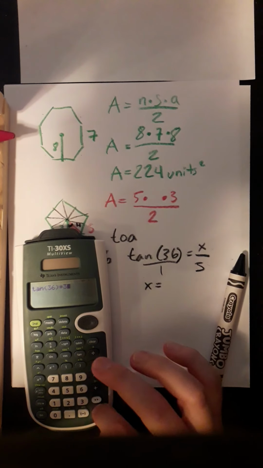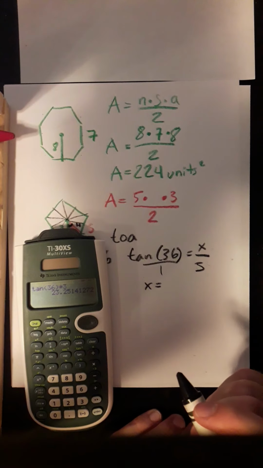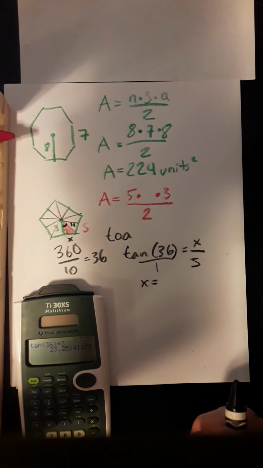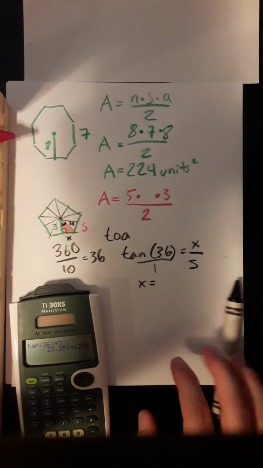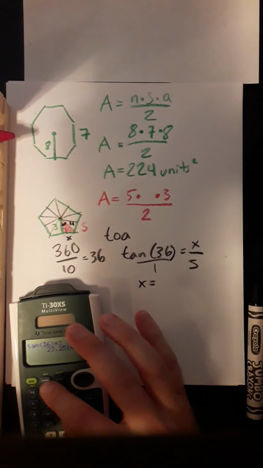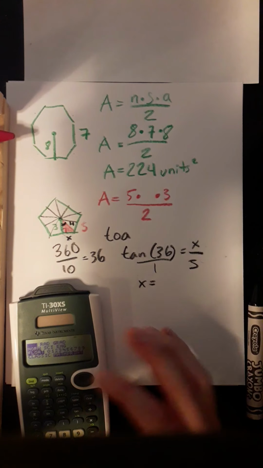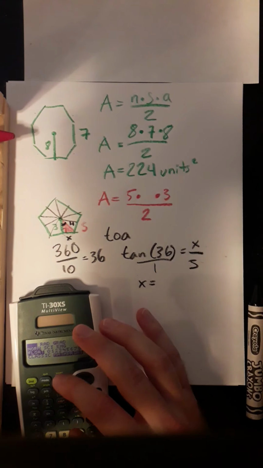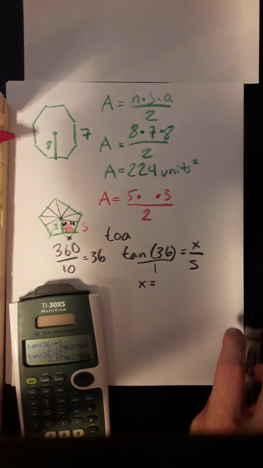Times 3. And that's giving me an exceptionally large number. Does that make sense? Oh, I said switch it to radian mode, but I gave this in degrees. So I really need to be in degree mode. Silly Mr. Judd. Sorry, I'm in dad mode, so I use words like silly right now. That's okay. Okay, so let's just go ahead and re-enter that. And it looks like we're getting